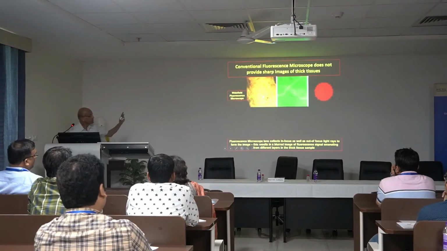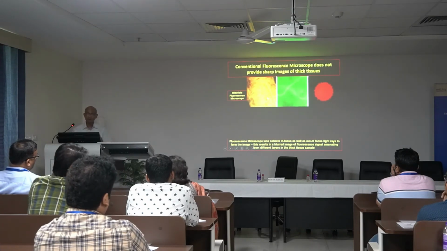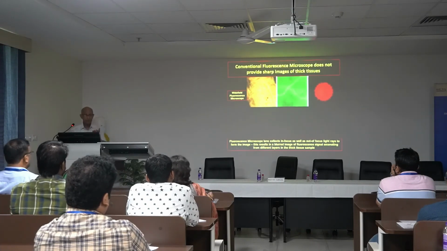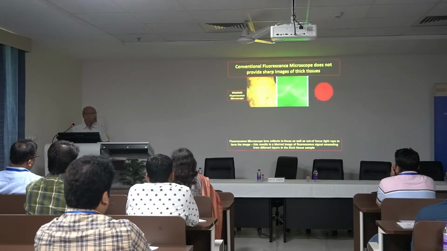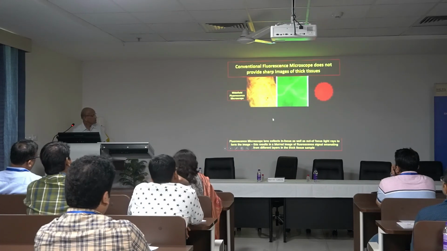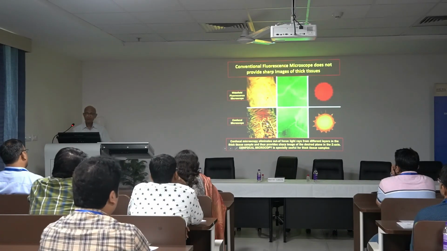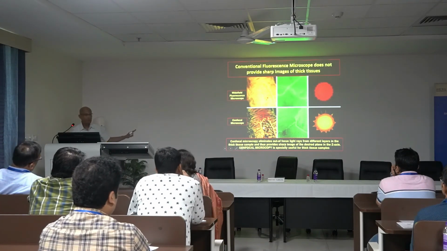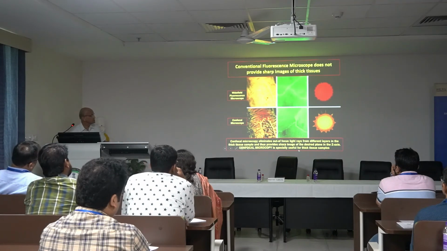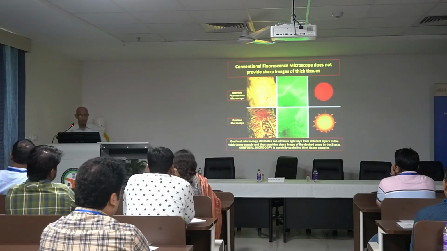This image is of two different tissues with a standard fluorescence microscope. If there's a thick tissue, you don't get a sharp image of any particular plane. But if you look with confocal, we begin to see more details. Same tissue examined with wide field and then confocal, and we begin to see wider details. And that's where the question comes: how does it happen?